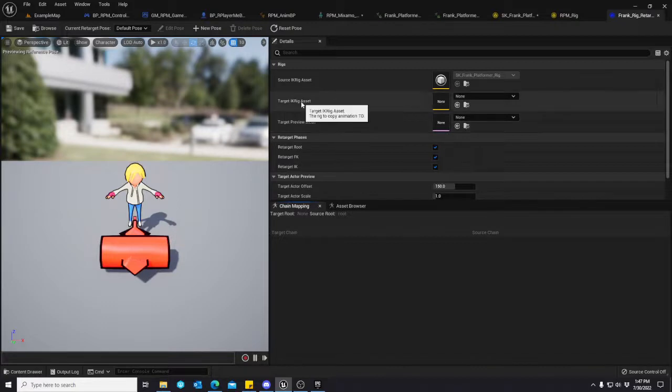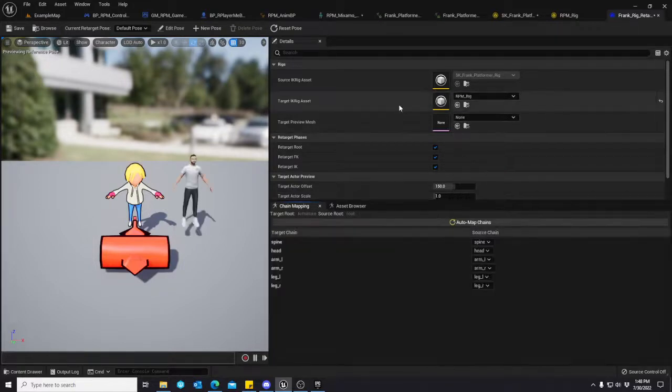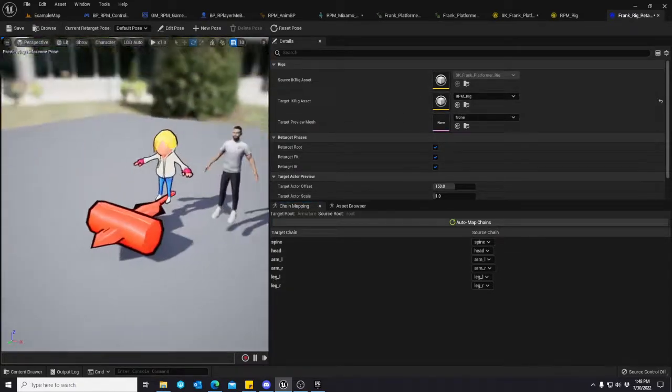But anyway, so inside of the retargeting data asset that you're setting up, your source IK rig is saying, okay, here's my source skeleton. And what is your target? Where do you want to go? And we want to go to the Ready Player Me. And then at this point, your chain mappings are down here to show what chains it's copying to what. And if this is done correctly,